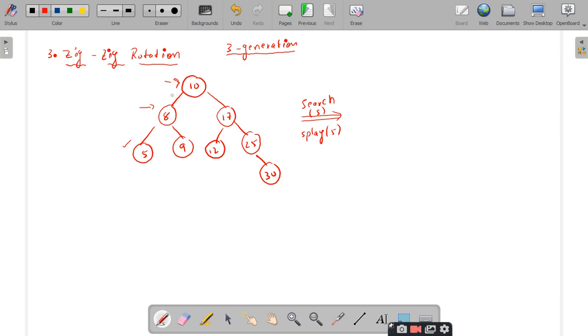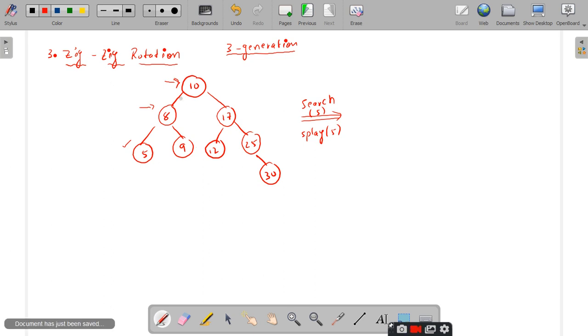The grandfather need not be a root node. Here also it need not be a root node. But in order to explain the concept of zig-zig rotation, I am just telling it. Whenever we discuss the concept of insertion, we will see what happens if the grandfather is not a root node. Is it clear?